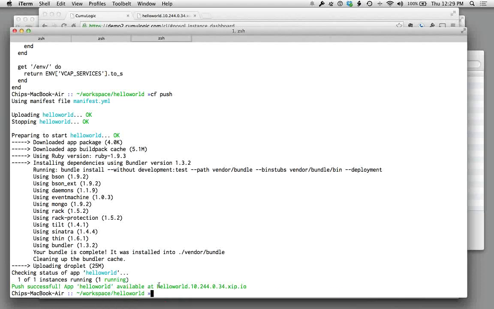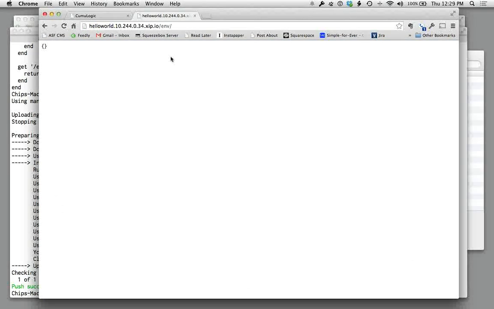All right, so it's saying that it's available at helloworld.10.244.0.34.zip.io. Obviously, it's a test environment. And so I've got this here. And we'll just take a look to see what's in the VCAP services environment variable. Now, I haven't bound anything to the application. No backend service is bound, and so there's really nothing available today, so you can see it's an empty